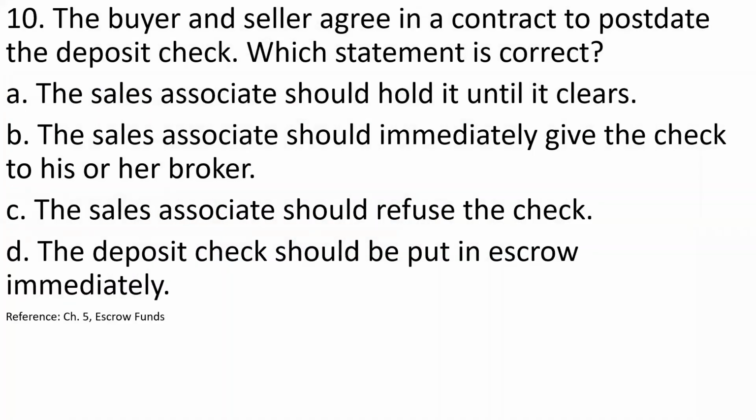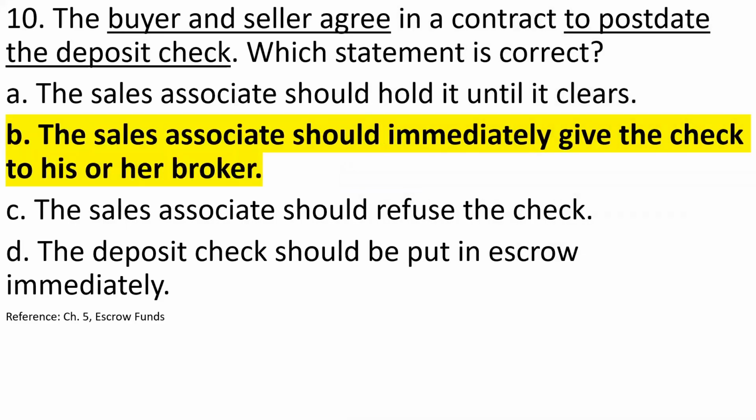Number 10, the buyer and seller agree to a contract to post date the deposit check. Which statement is correct? Well, again, the sales associate should immediately give that check to his or her broker. Now, the law specified immediately. The law says whenever a sales associate or broker associate receives any money from a customer, a client, a buyer, they must turn over that check or that money, anything of value, to their broker immediately. So the law has to identify what immediately means. Well, immediately in that case means by the end of the following business day,